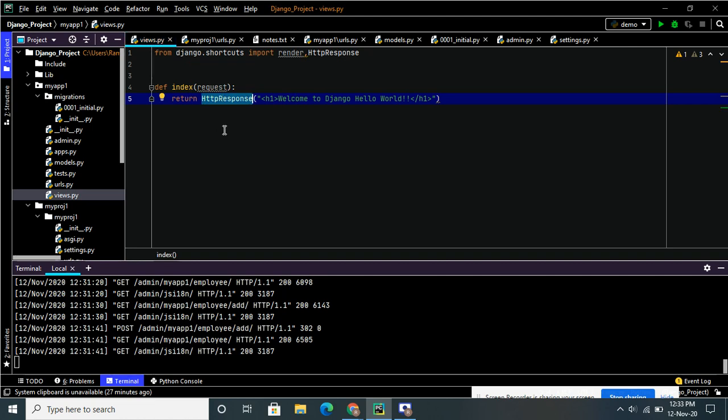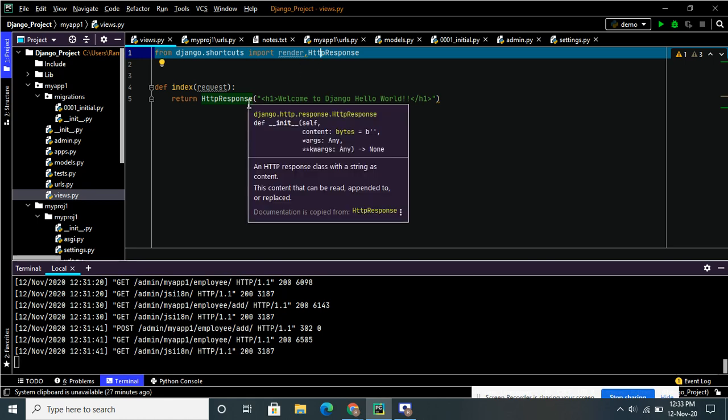In Python functions, we can perform business logic and return a response to the user. I'm responding with the help of HttpResponse. In order to send the HTTP response, you have to include HttpResponse so that it responds back to the browser.